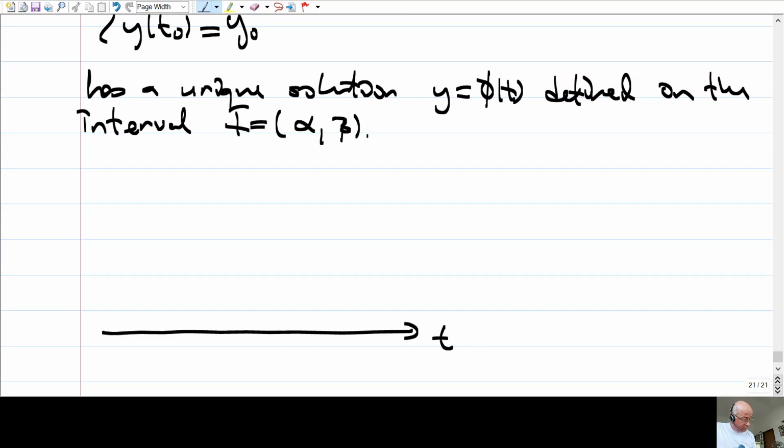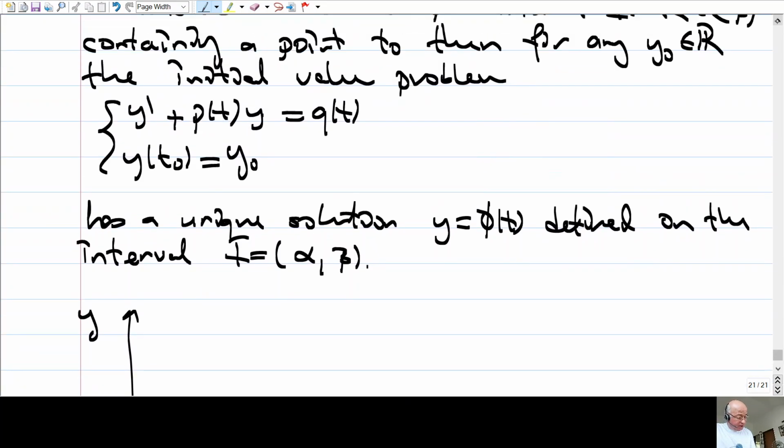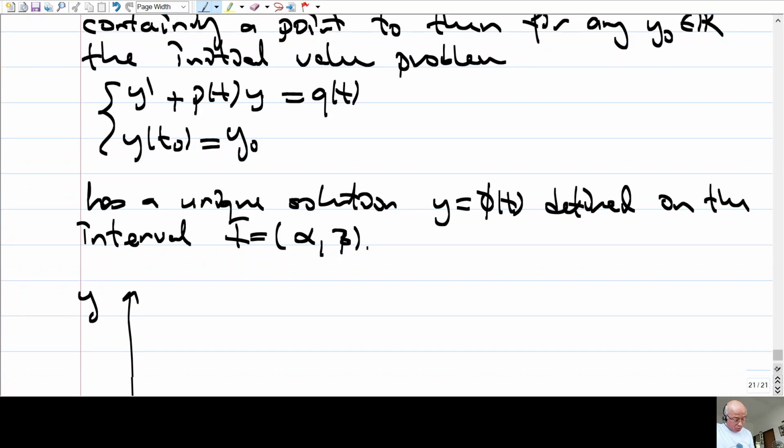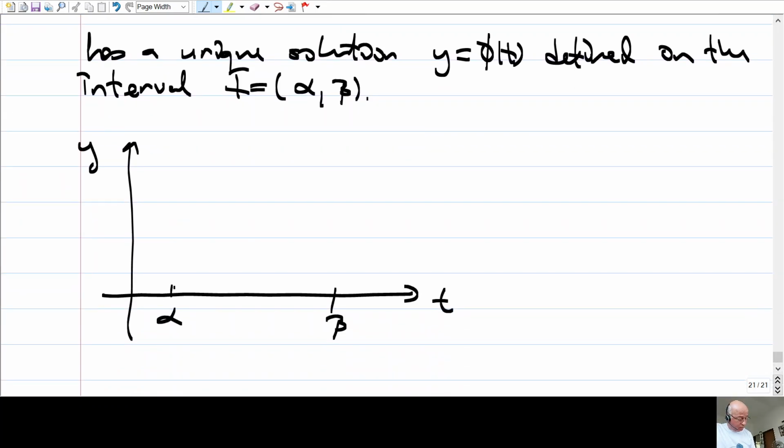Say this is the time interval and this is the y interval. I have some interval alpha beta, and my coefficient functions, both p and q, are continuous on this interval. Okay, on this interval alpha beta, both of them, and I am given any number t0 here in the interval and any value y0 here. So I have this point